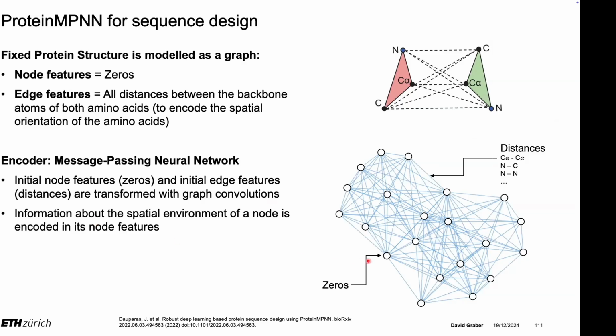And in this way, information about the spatial environment of each of these amino acids should be integrated or embedded into the node features and edge features at a certain location. And then once you have these updated node embeddings and edge embeddings, they use this graph with these updated representations